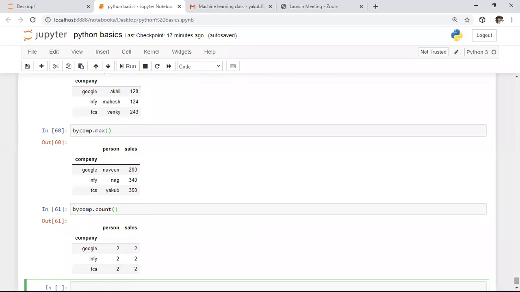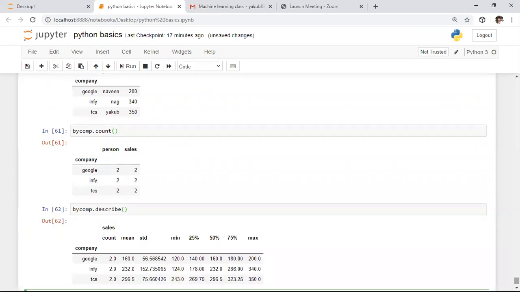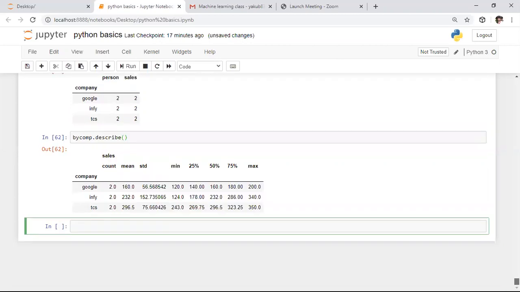So here, to know each and every parameter, we are applying separate functions. Whereas if you apply the describe function on this data, we will get all these features directly. So here I am applying the describe function on it. Whenever you apply the describe function, we will get the company name, the mean value, count, mean, standard deviation, minimum value as well as maximum value, the 25% value, 50% value, and 75% value. So describe is a function which is used to describe any data set.